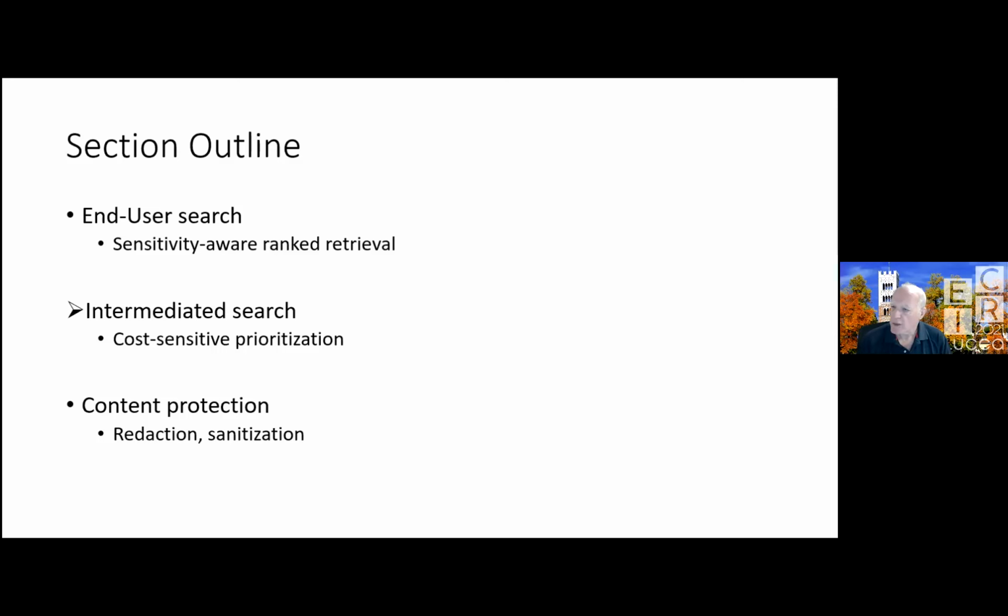Okay. The next thing we might do is intermediated search. Let's say you say that's not good enough. Right, that might be good enough for parental control. You know, if a child and their parent negotiate and agree on what the child's allowed to see. Well, if it ever fails, you know, you could